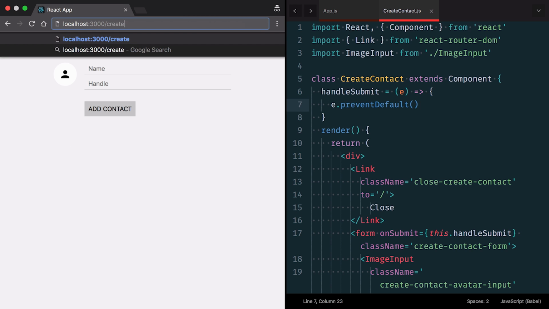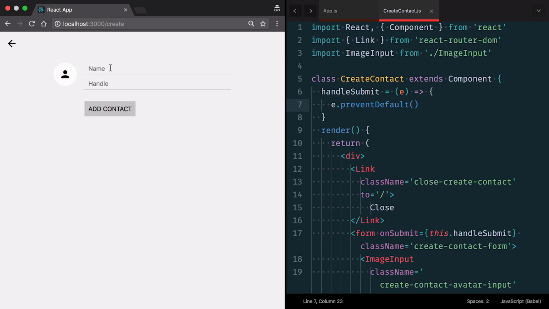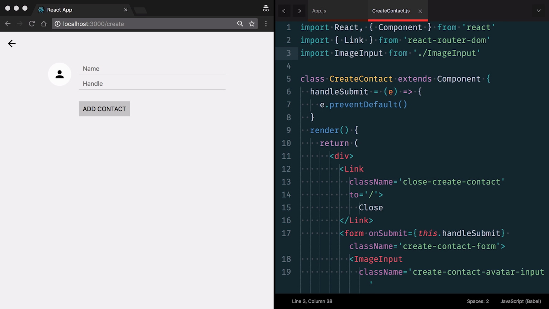So let's go ahead and delete this. And then we can see this in action. So we will enter a name as well as a handle. And then now when we click add contact, nothing is happening, but you'll notice that we're not throwing all of those query params inside of the URL. So now instead of having the browser serialize our form and throw it in the URL, we want to do that ourselves and save it into an object.